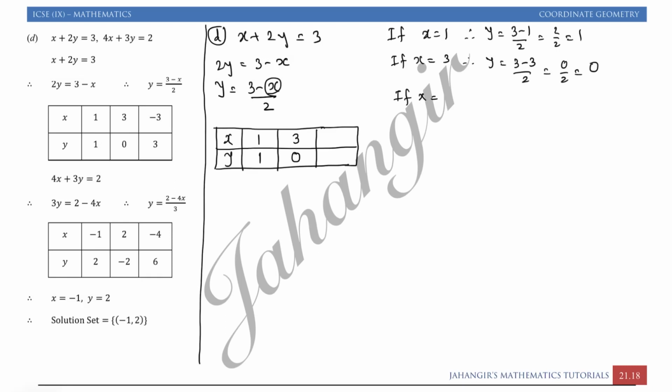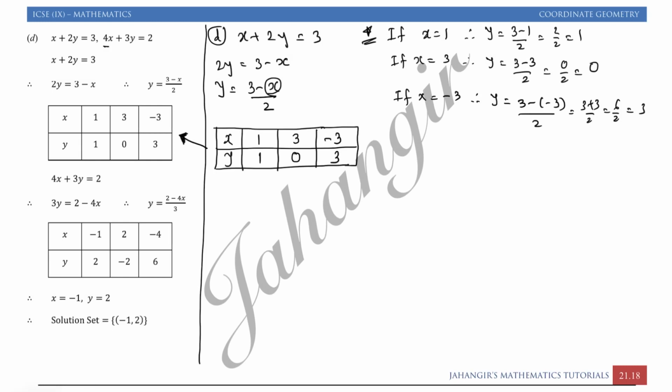If x is equal to some other value, you can take -3, -6, any value. You can take -1 if you want, but here I will follow the table which I had already made. Then y will become y is equal to (3 minus (-3)) upon 2, that will give you (3 plus 3) upon 2, that is 6 by 2, which is 3. It's not compulsory to write this part, but if you are working it out, you may avoid mistakes. So when x is -3, the y value is 3.